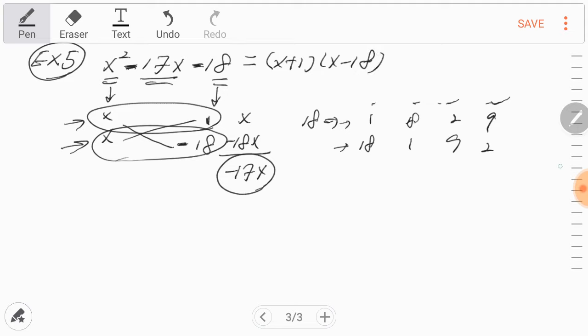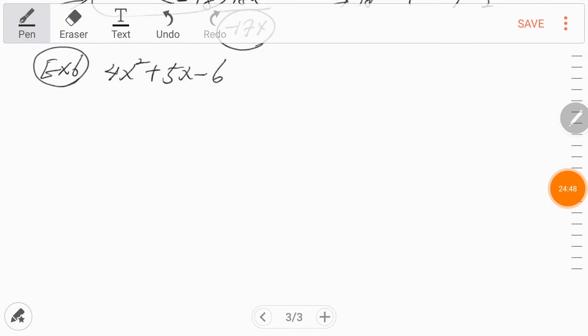Okay, let's try another one, example 6. This is a trinomial also, and the first term is 4x squared. So 4x squared can be written as x times 4x, right? We can try x times 4x, or we can try 2x times 2x. If x times 4x is not working, then we can try 2x times 2x. Okay, and 6